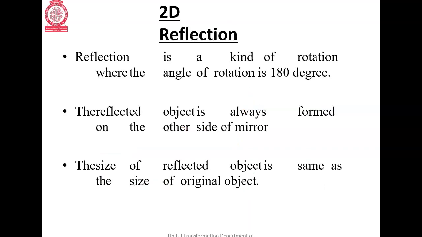Now the next kind of transformation is nothing but 2D reflection. Reflection is a kind of rotation, of course. Even if you are saying it is reflection, it is nothing but a kind of rotating the object by 180 degrees. So the reflected object is always formed on the other side of the mirror. So the size of the reflected object